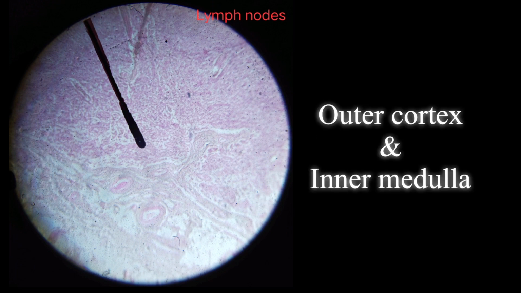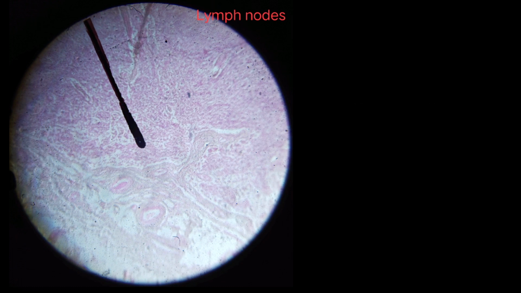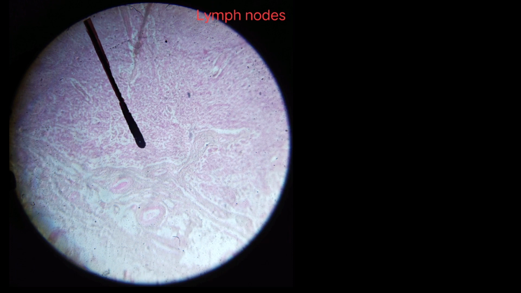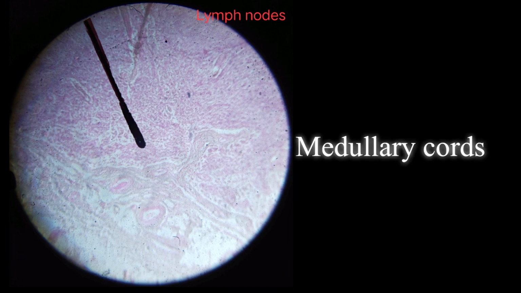A lymph node has an outer cortex and an inner medulla. The cortex is filled with lymphocytes. A number of round lymphatic follicles are present. Within the medulla, the lymphocytes are arranged in a form of anastomosing cords, and several blood vessels can be seen